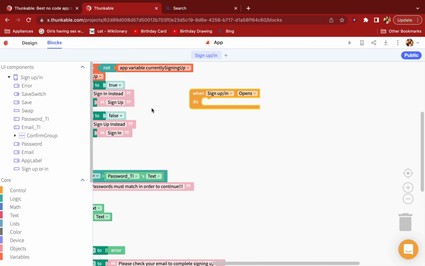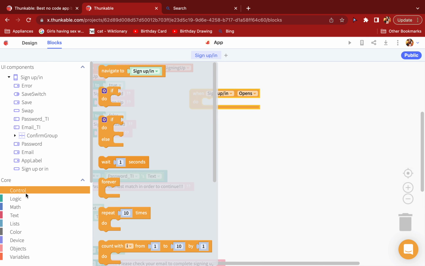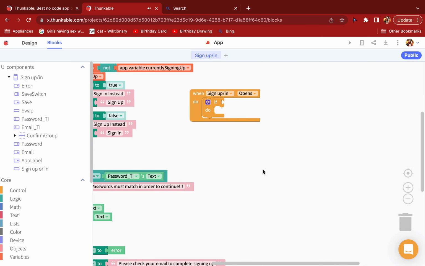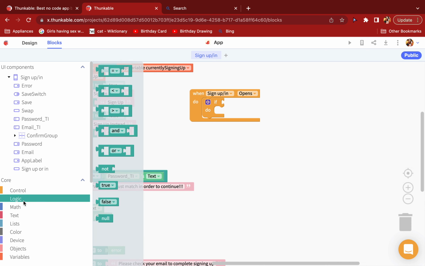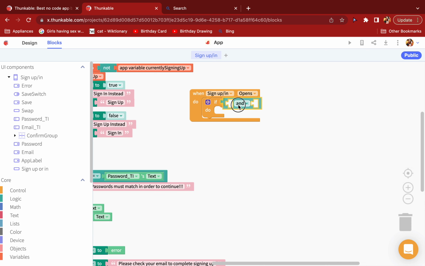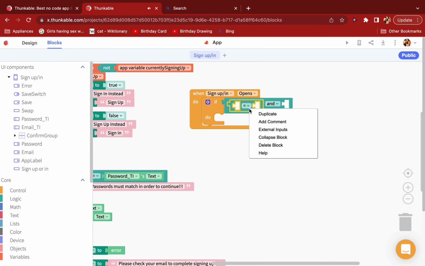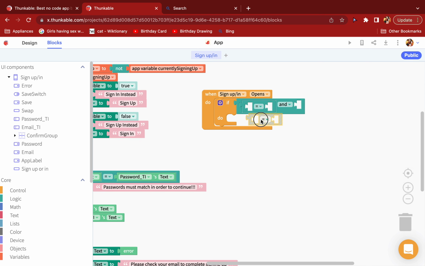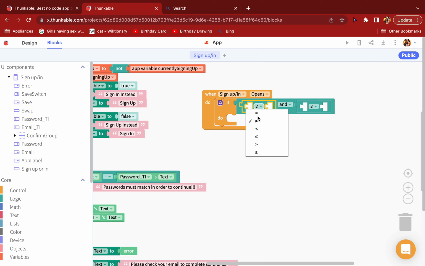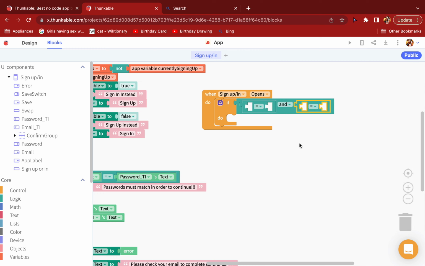this opens, we're going to get an if do block. And we're going to say if, we first have to get the and block, and then we have to get the equal block. Go ahead and duplicate that block, and put it there. Unequal, equal, and nope, it's equal. All right. So if those,